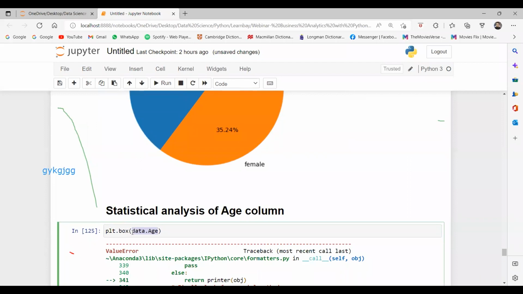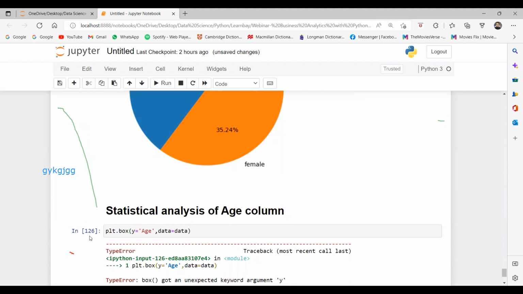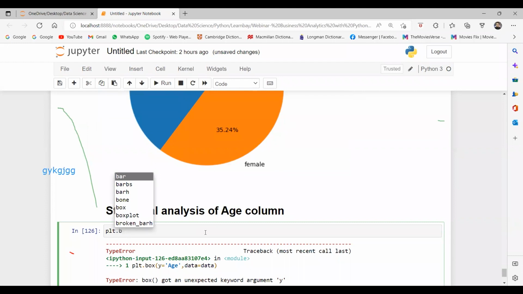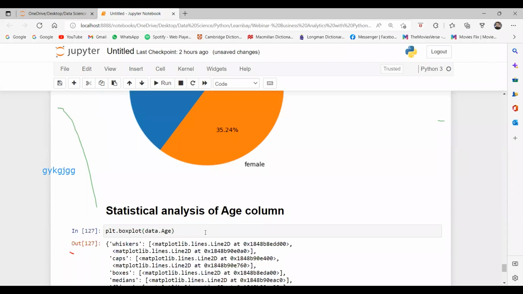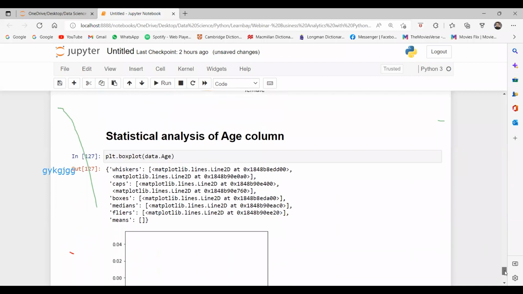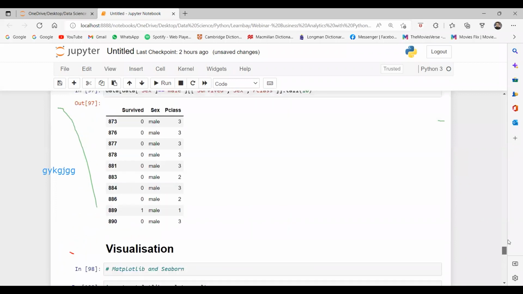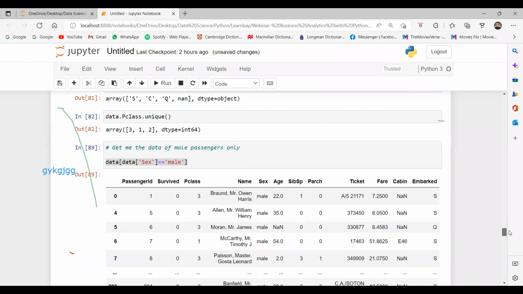On the y-axis I want age, and my data I want data. Why is it not showing? Do we have an age column here?